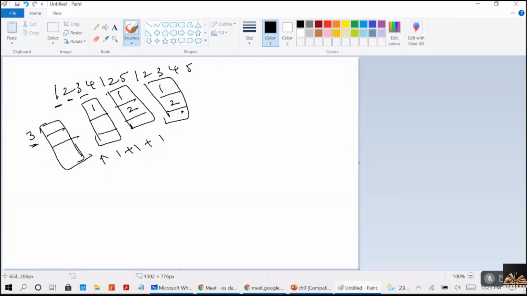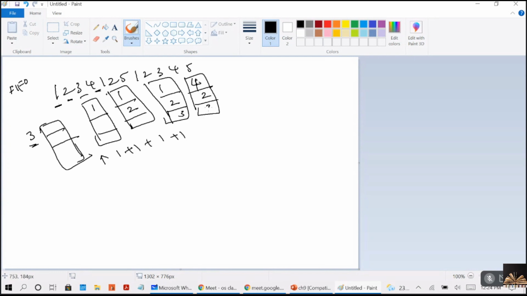1, 2, 3. Next it is asking for 4. Now the main memory is full, so you have to find the victim and take one of the pages out to load page 4. Because I am using first in first out, among these 3, which arrived first? 1. So I have to replace 1 with 4. One more page fault, right?